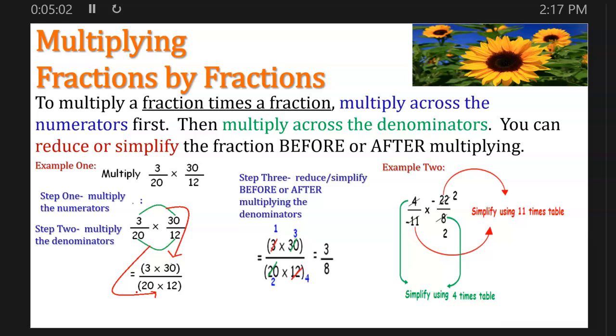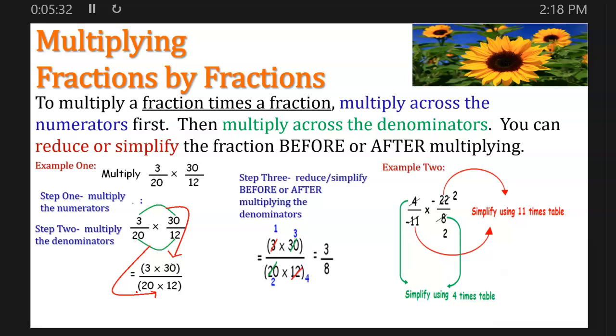And if you haven't yet done this, you may want to watch the adding and subtracting fractions first, because that's a little bit more challenging than the multiplying and dividing is, at least in my opinion. So you may want to do that one first and learn how to add and subtract really well before you try to do multiplying and dividing. But if you haven't, it's fine. But just know that it is different based on